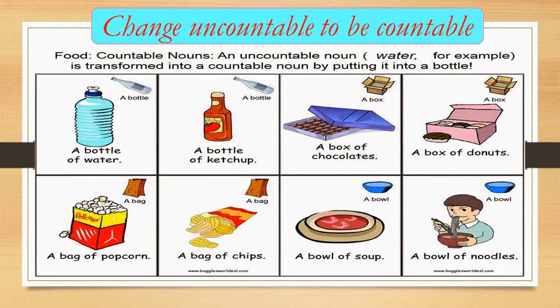How can we give uncountable nouns a plural verb? When we make them into parts, like water: a bottle of water, two bottles of water. Gas: a liter of gas, two liters of gas. Okay, understood? A box of chocolates, two boxes